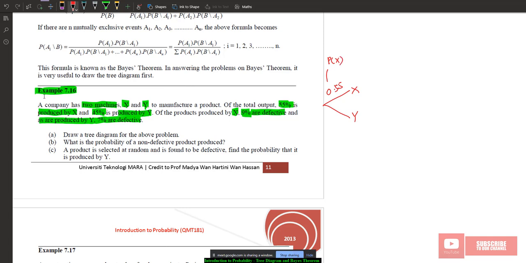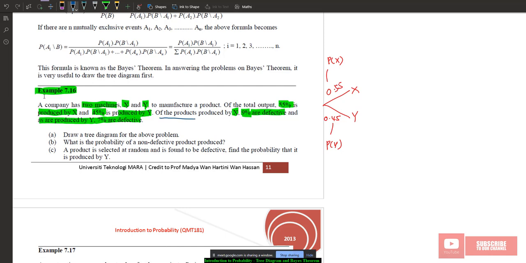And the probability of being produced by Y is 0.45. So this is the probability of Y. And if you notice, the total of these 2 values should be equal to 1, right? So it is always equal to 1. It cannot be less than 1 or more than 1, right? So now,